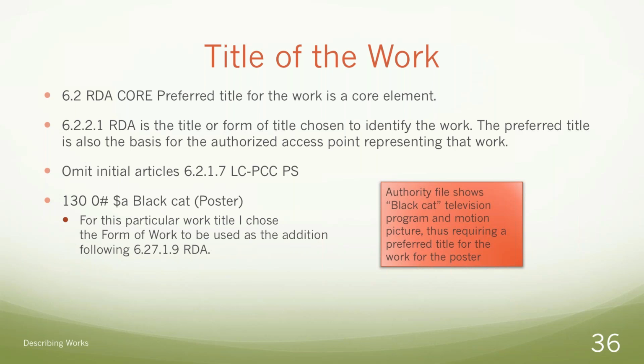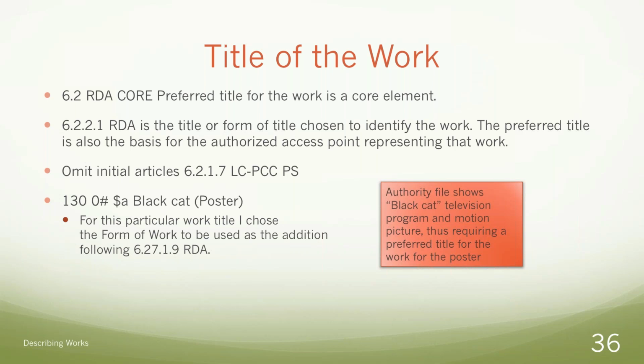So the Black Cat is a movie, so there will be an identifier in the catalog for the Black Cat motion picture 19XX, whatever year that actually is, or Black Cat television program exists, and so that already is in there. So you will need to make sure that you follow the instructions in